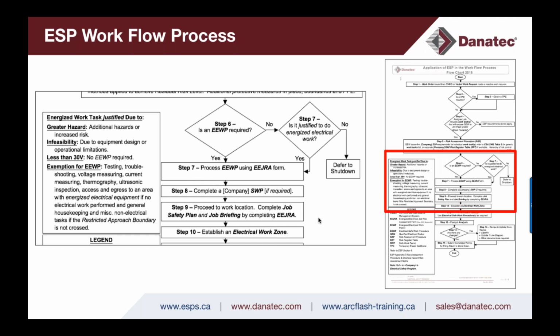Now, I've got another acronym on the screen, which is Energized Electrical Job Risk Assessment Form. And that form is a custom form that Danatec has developed in the electrical safety program that we offer to clients. That is a field-based equivalent of a field-level hazard assessment document. And it allows the qualified electrical worker to document their arc flash and shock risk assessments, and also validate the application of the hierarchy of risk control methods that they personally will implement so that their personal residual risk level is acceptable. In the case of the electrical safety program that Danatec has available, that's a lower medium risk work